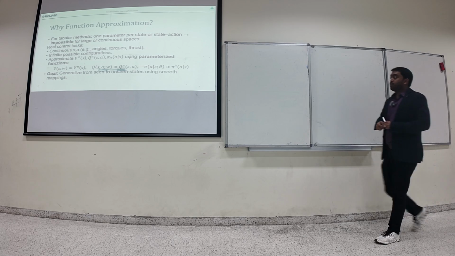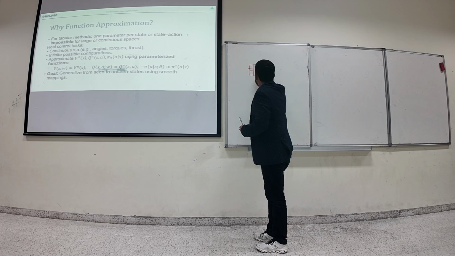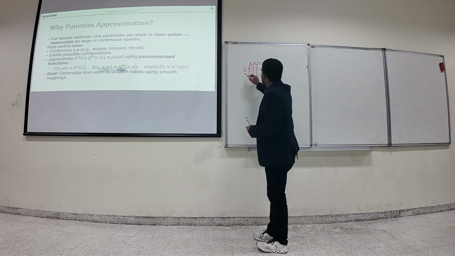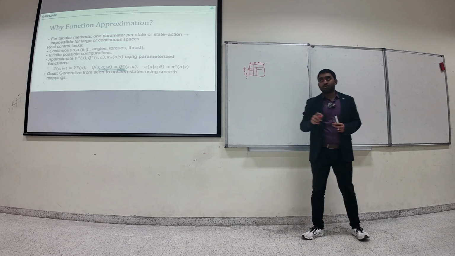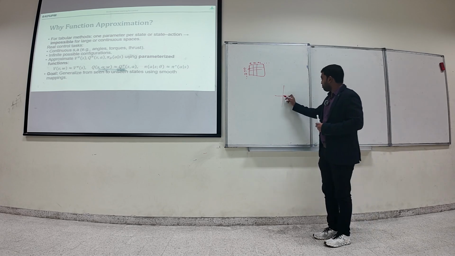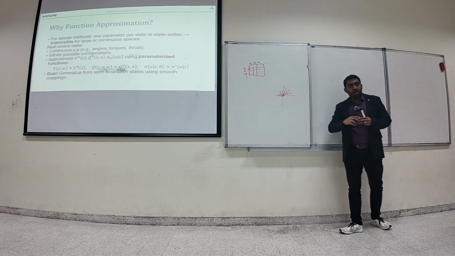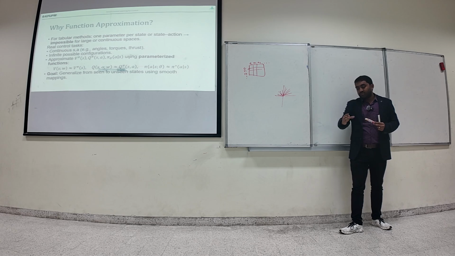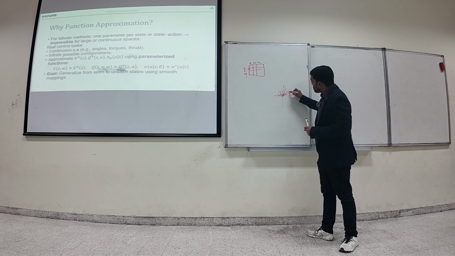So, okay, if you have tabular methods, you will have state S1, state S2, state S3, action A1, action A2, action A3, and so on. Now say there is a state somewhere between S1 and S2. Suppose you are discretizing the entire world in increments of 5 degrees. So your robot can now move at any angle by moving, or rotating, 5 degrees at a time.